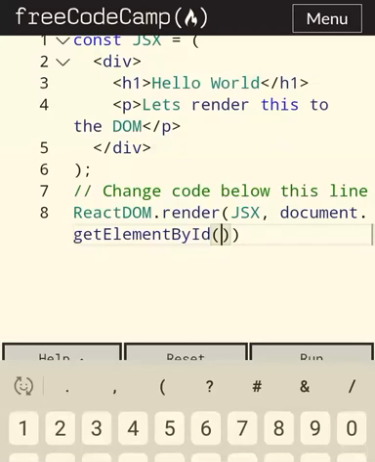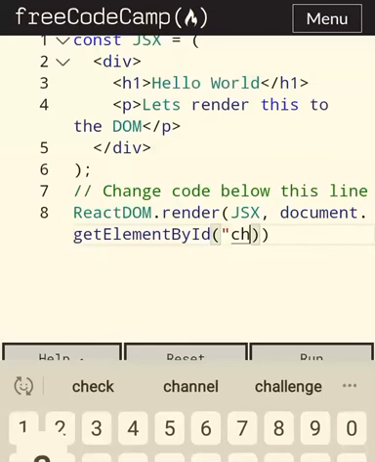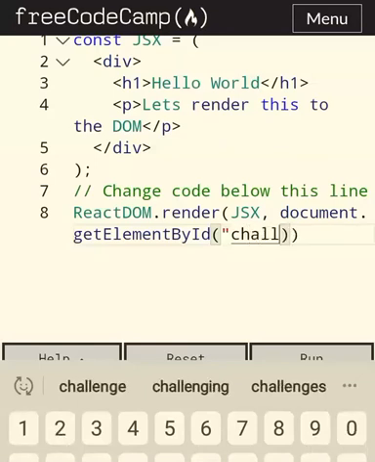All the first letters of the words are caps, as per the rule of React. And then within the parenthesis, don't forget the ID, challenge-node, in quotes, because the ID has been provided already as challenge-node. Later when we start doing the apps, we'll have to provide our own IDs.